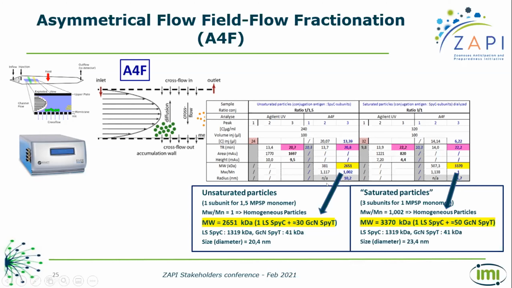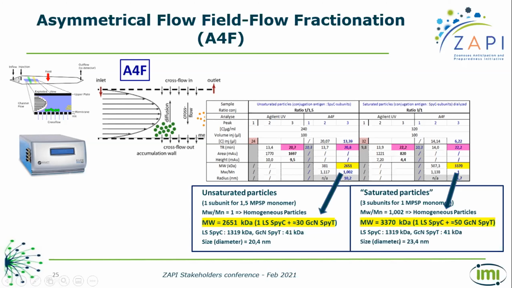And you see that for the first population, we could monitor a molecular weight of 2,651 kilodalton, corresponding more or less exactly to one scaffold, lumazine synthase, coupled to spike catcher, and 30 subunits of Schmallenberg GC head here, based on the molecular weight that we know, of course, and the size diameter average of 20.4 nanometer, whereas with the saturated particle population, the molecular weight measured was bigger, as expected, 3,370 kilodalton, corresponding to 50 subunits in this case,